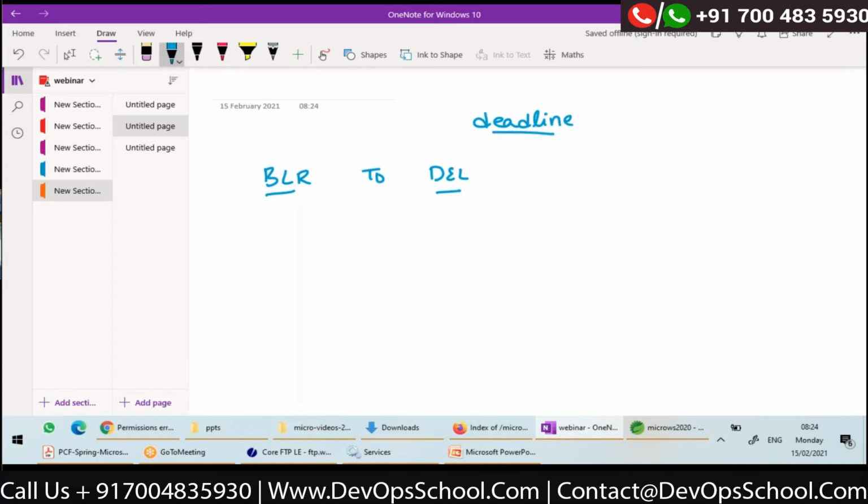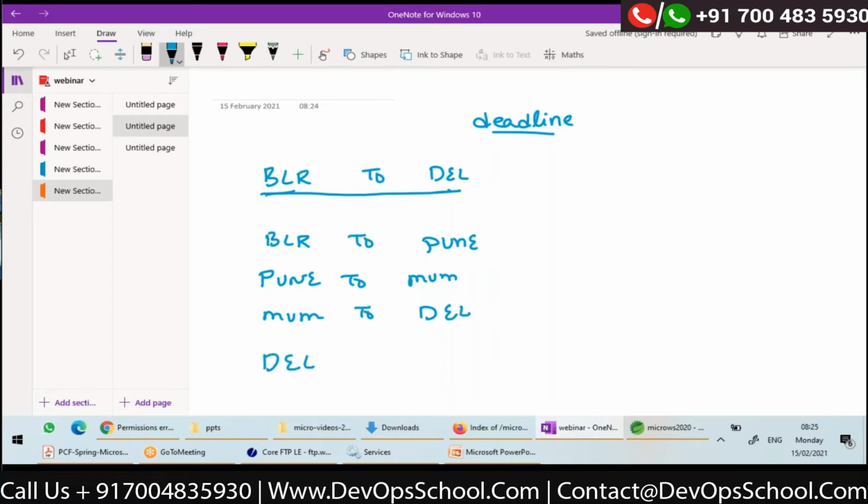So now, if this is the booking which we are taking, then I want to do a routing. Routing can be like this: Bangalore to Delhi, Bangalore to Pune. I have one vehicle moving from Bangalore to Pune, and another vehicle might take it from Pune to Mumbai, and then from Mumbai to Delhi, and then from Delhi to the customer address.